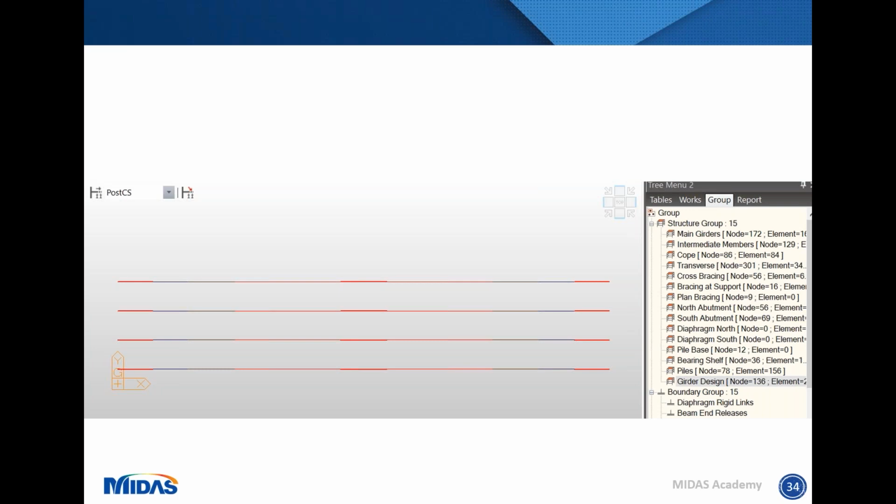One of the ways that you can optimize some of your analysis time is to use a group function, and it acts as an easy way for you to pick which elements you specifically want to look at. So from my model, the main things that we wanted to look at were max bending in the middle of the beam and the max hogging at the ends. Conveniently for us, because of how the structure worked, we can predict where the worst effects of the model were going to be. So you can see here, this is the girder design group that I created, and these are the elements that I've highlighted, which the software is going to do the analysis on for me.